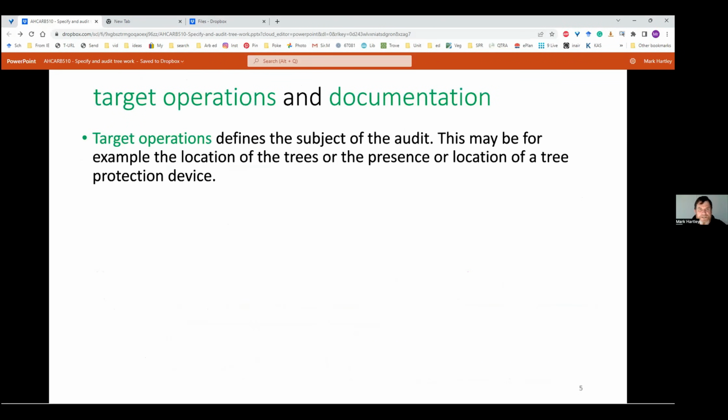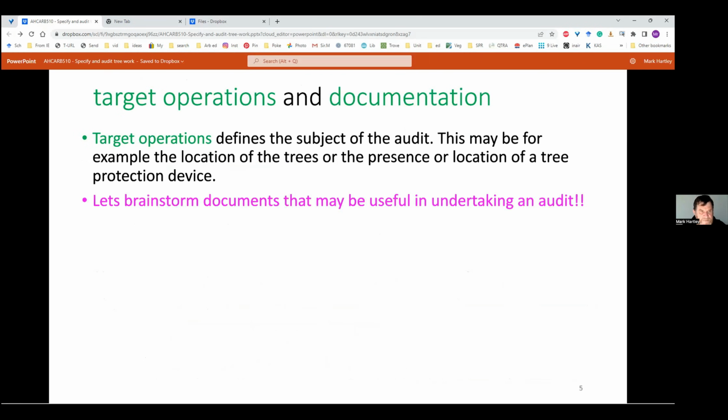Target operations defines the subject of the audit. For example, the location of the tree or the presence of a tree or protection devices. So, documents that might be useful in undertaking an audit. Any idea? Standards, obviously, that's a no-brainer, and specifications, because we've said those.